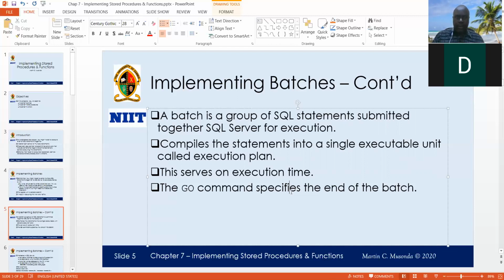Do we understand what is meant by statement compilation, or to compile? To compile is to put together. In the context of programming languages, we do have,